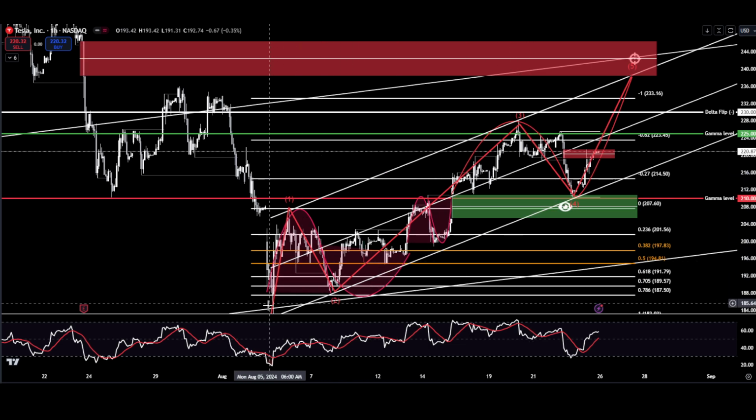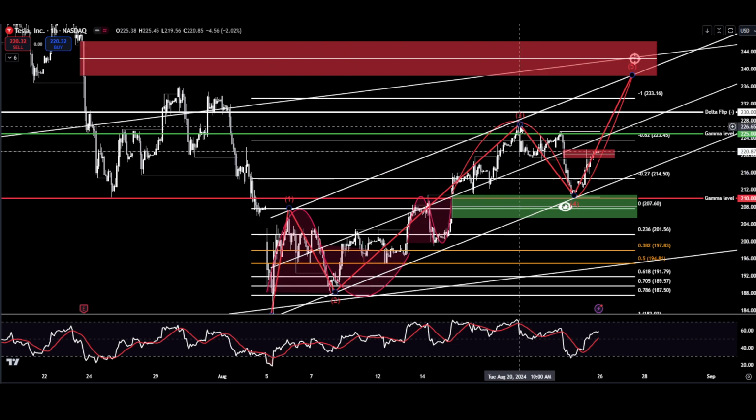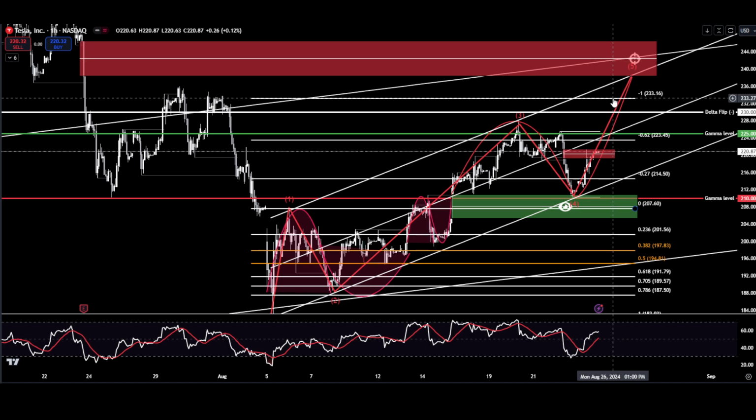And you can see my wave count here. I've got a 1, 2, and an extended 3. That extension took us up to 162%, just a little bit above. Again, we hit that gamma level. Now we're correcting back down, and we're pushing back up, looking to go to that full symmetrical swing